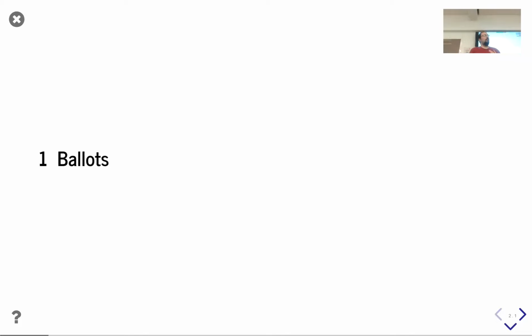So this talk will be in two parts. The first part will be about how we implement the ballots of the voting rules, and the second part will be about the voting rules themselves, which take the ballots as input and output a winner.